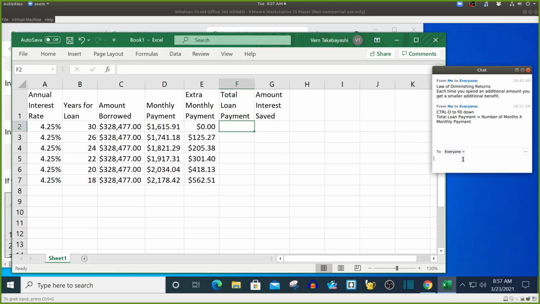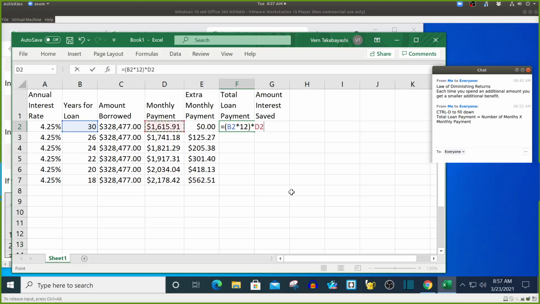We're going to calculate the number of months. Okay, so oops, let me click in this cell here. Let's get the number of months. Well, the number of months is the number of years times 12. So if we multiply this by the monthly payment, which is right here, then we'll get the total loan payment,